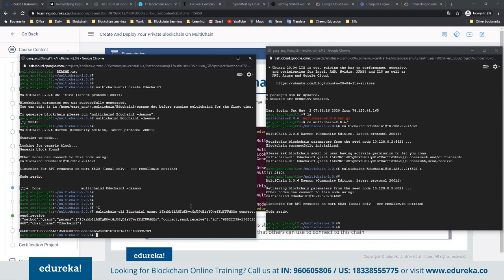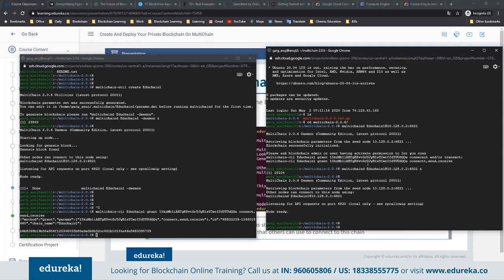For just connecting, I need to give the connect permission. For sending or receiving any assets, I then need to give send or receive. So I have given connect, send and receive permissions. And this is the transaction ID that has been returned. This has run successfully. Now, after execution of this command, when I again start the daemon using the same string, it has successfully executed. Now both my nodes are connected with each other on a MultiChain network.